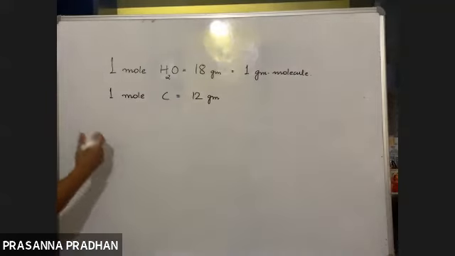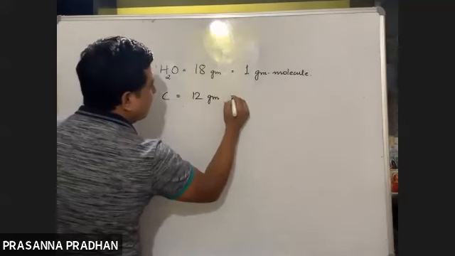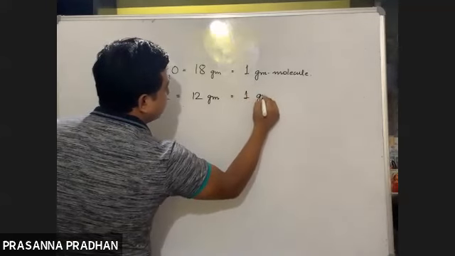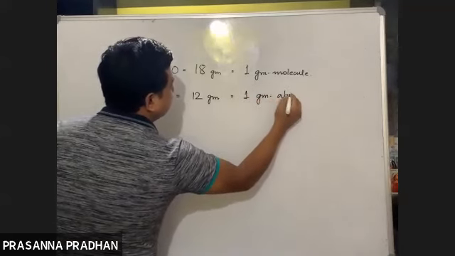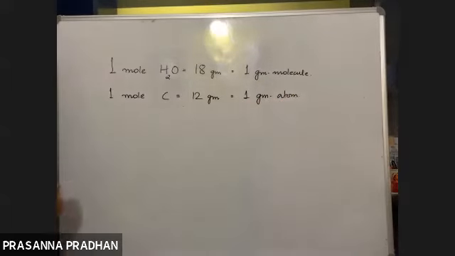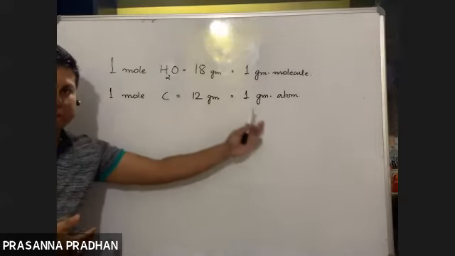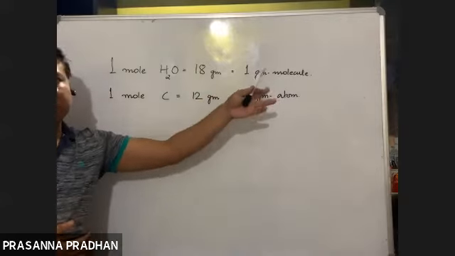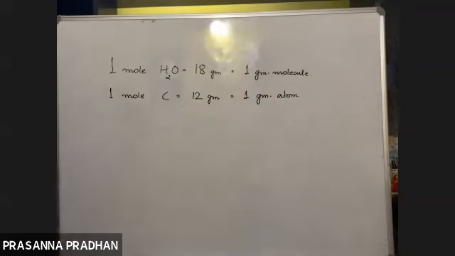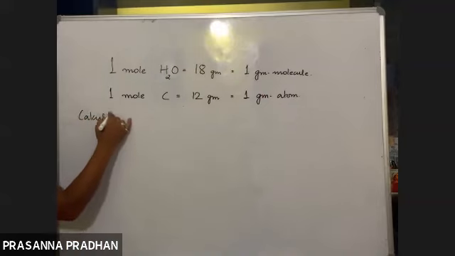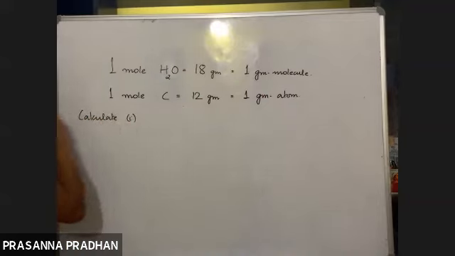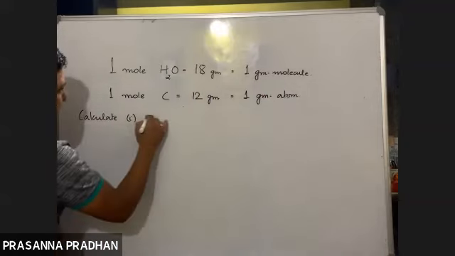So 1 mole of an atom is also known as a 1 gram atom. This is another nomenclature for mole. So 1 gram atom means 1 mole of atoms. 1 gram molecule means 1 mole of molecule. Okay. So if I give you this problem, then calculate the mass of 2.5 gram atoms